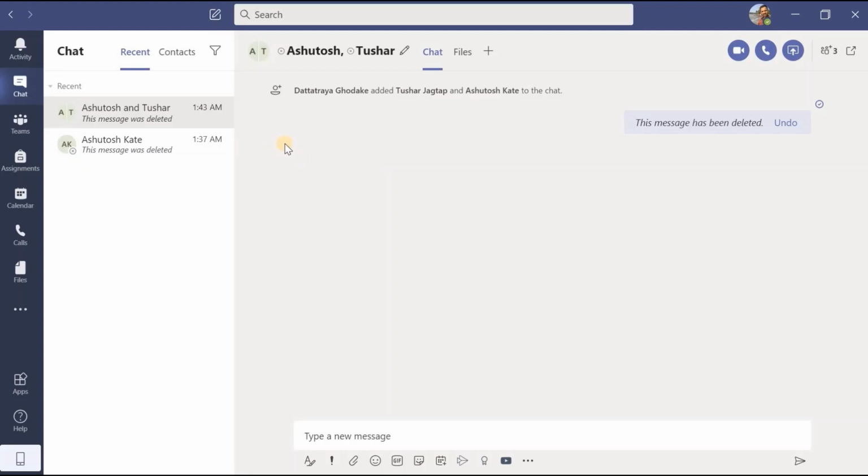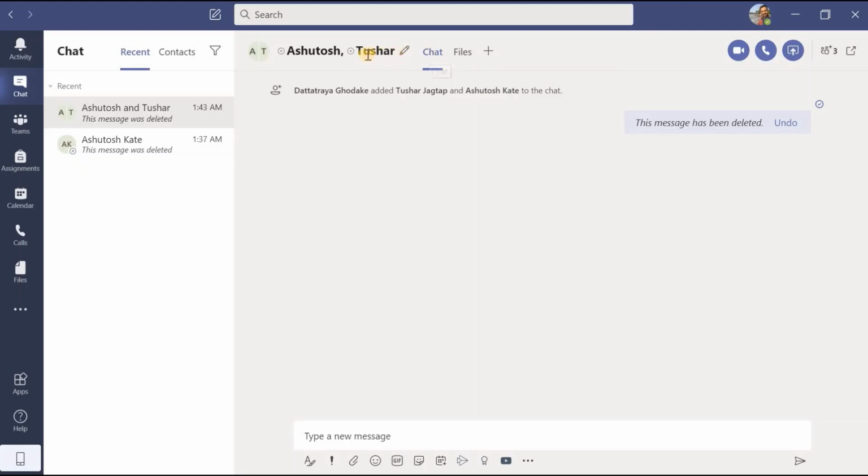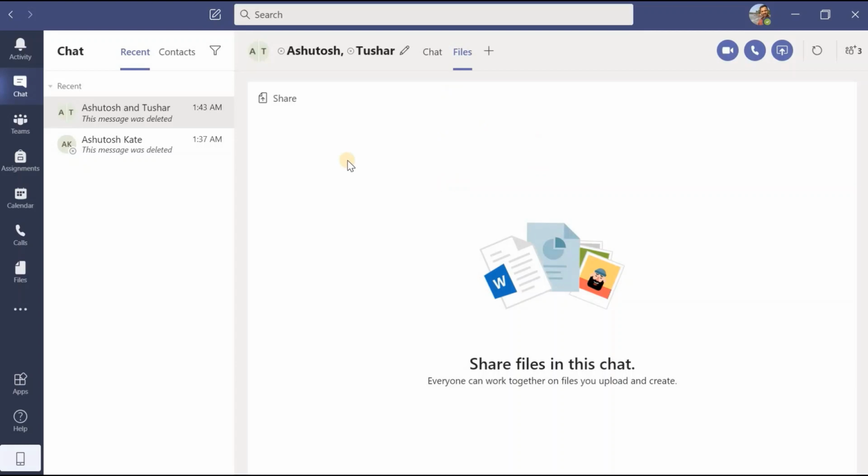Now I hope that everybody has understood. Before that, here you can come here which group chat we have created, and beside that few buttons are there. Chat is there means here all the conversations will be there on this window, and beside that files are there means if I have shared the files through that group chat or private chat, there I can find the files at this location. And if I want to share the files in this group chat, I can click here.